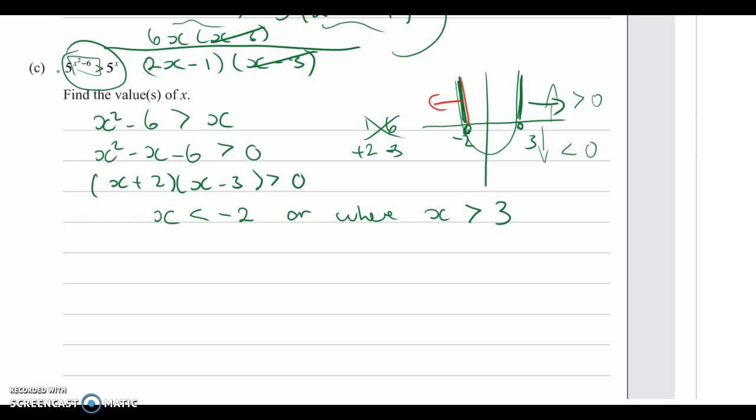It makes it into a fraction. So say if x had to be less than negative 2, if x was negative 3, for instance, then I would have 5 to the negative 3 squared minus 6 is greater than, that's a greater than, not a 7,